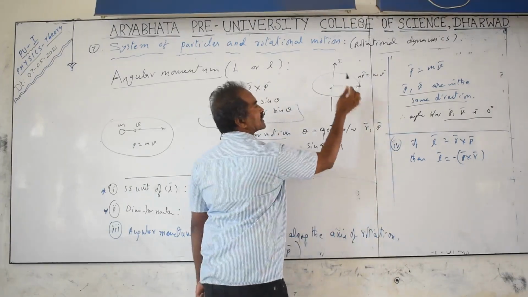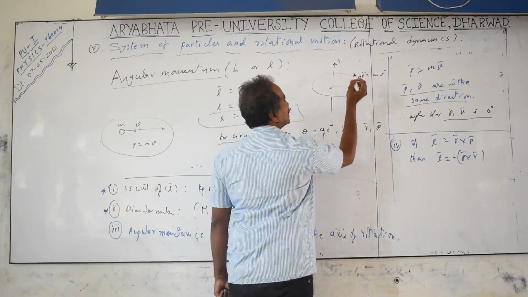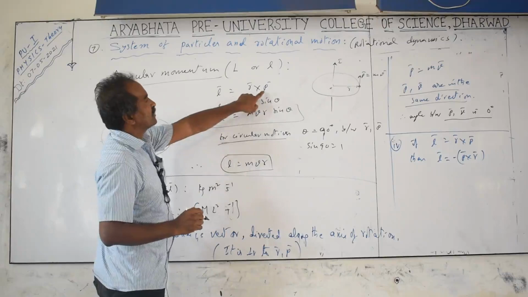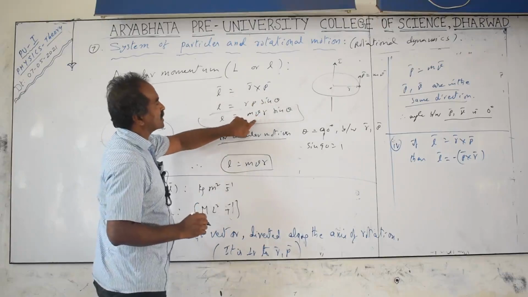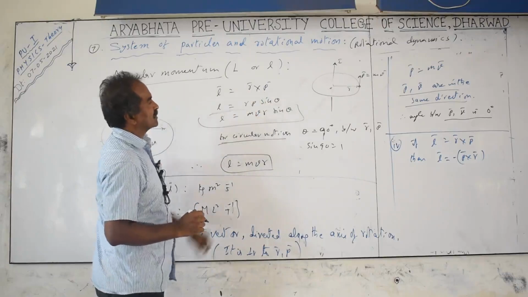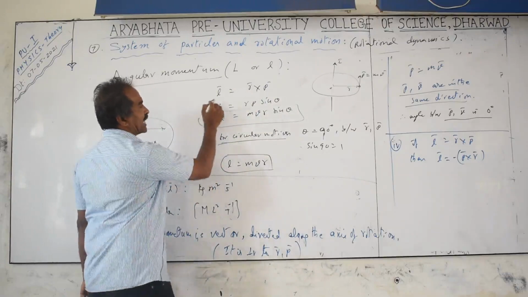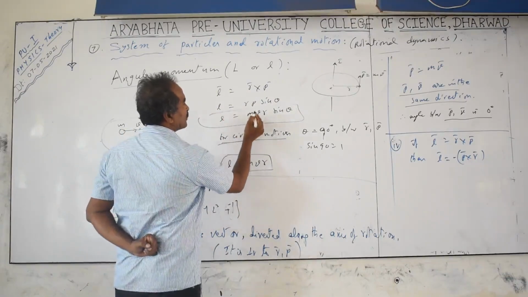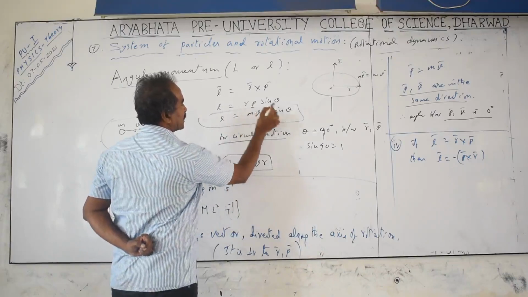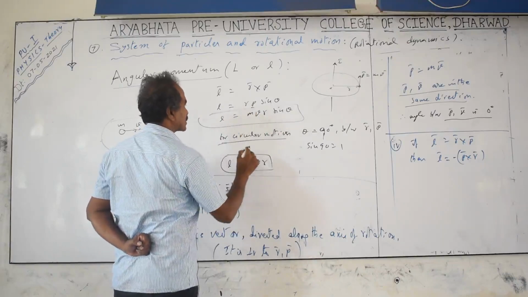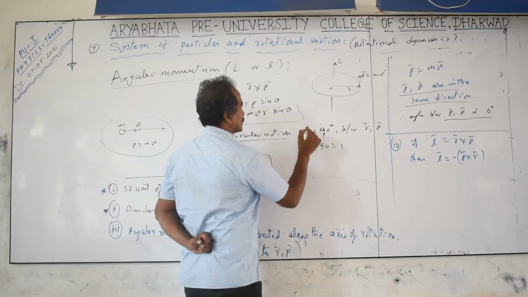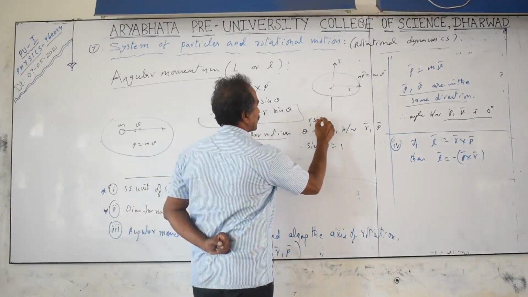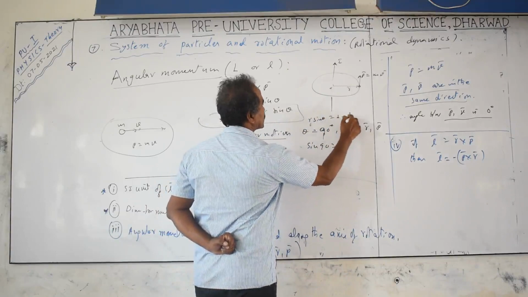That means at that instant it is trying to go along a straight line path. We only have to consider the instantaneous point here. At that instant, the momentum is mass into velocity, and the cross product with the position vector gives angular momentum. You can also define it as the product of the linear momentum P and the perpendicular distance r sin theta. R perpendicular, or r sin theta, is the perpendicular distance.